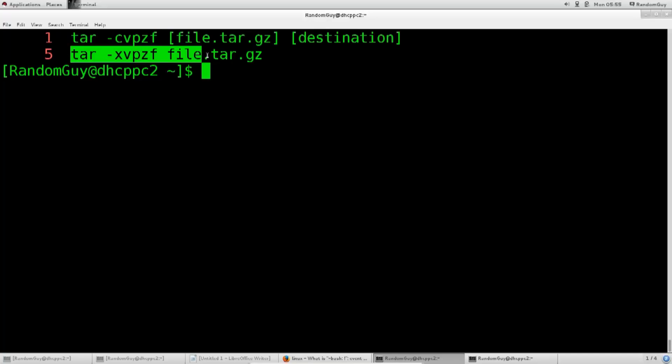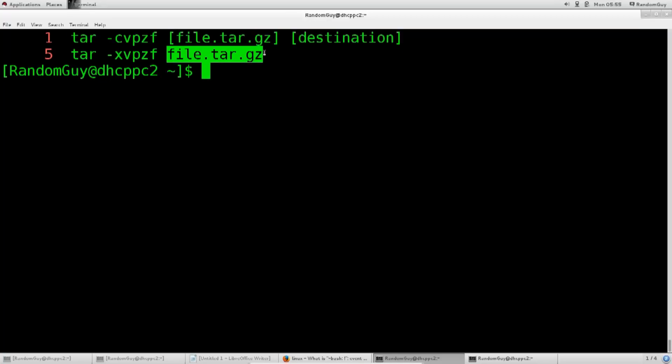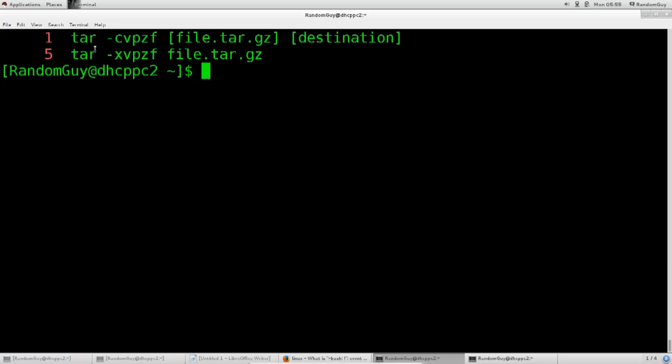This command we will use to actually extract and unpack everything from this file into something else, while we use this command... Oops. Oh, it's running away. The terminal lines are running away. While we use this command in order to package the contents of this file into this file. Anyway,